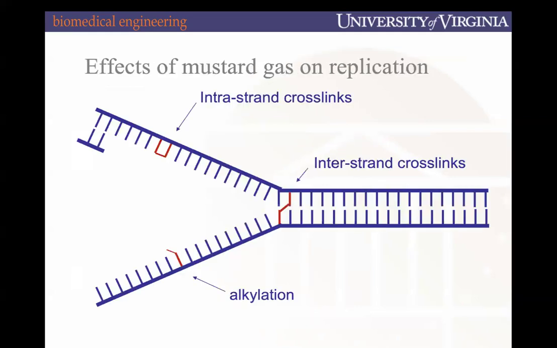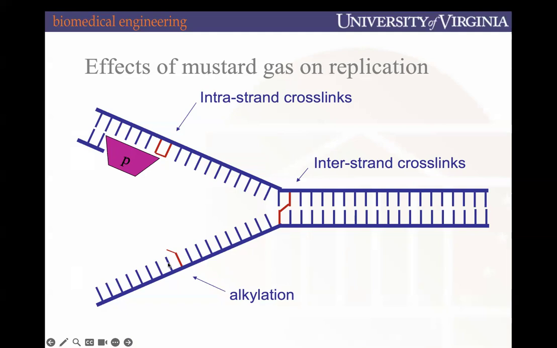What that looks like is there can be intrastrand cross-links between adjacent guanines here. This can be a bit of a problem, where it'll affect the ability of polymerase to go down and grow a new strand during replication when it runs into these intrastrand crosslinks between guanines, as a result of mustard gas and the alkyl group it adds. There can also be a free hanging alkyl group off of a guanine that has no adjacent guanines or near